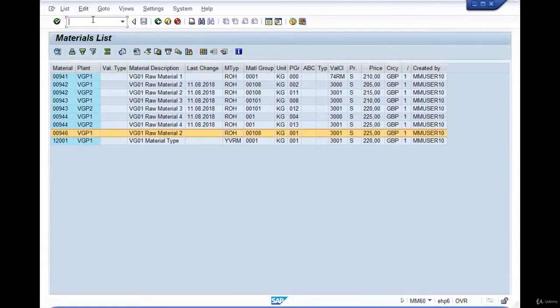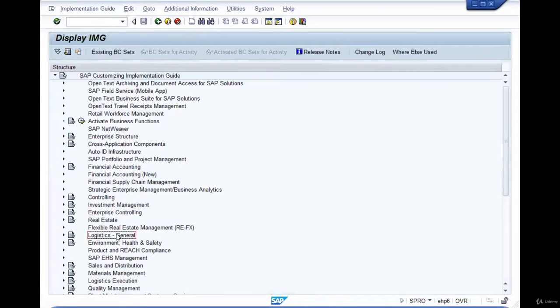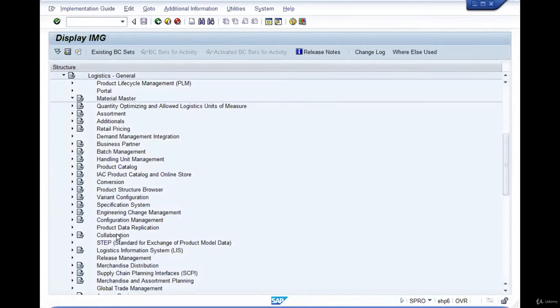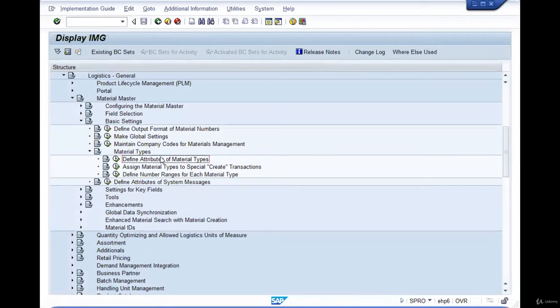So now I need to go to the material type attribute. So we go to SPRO IMG, Logistics General, Material Master, Basic Settings, Material Types, define attributes of material types, execute.